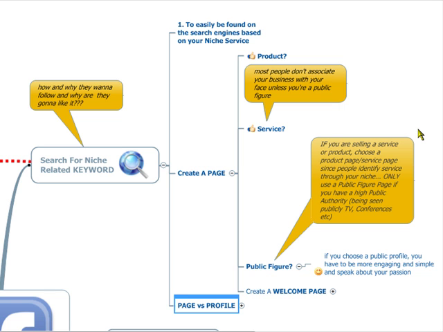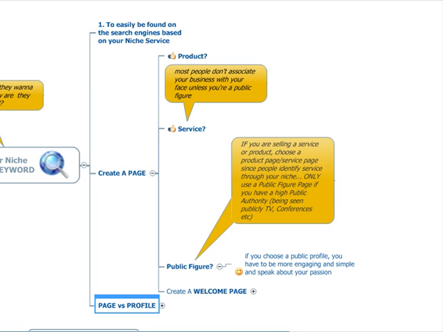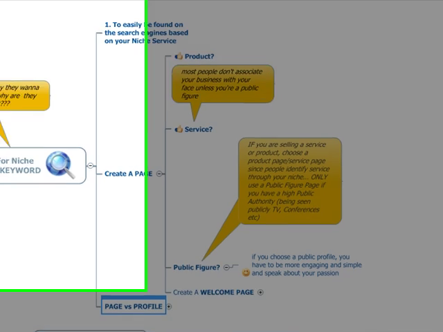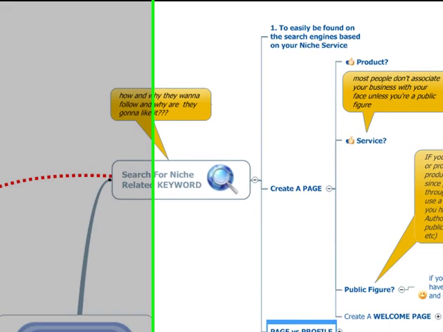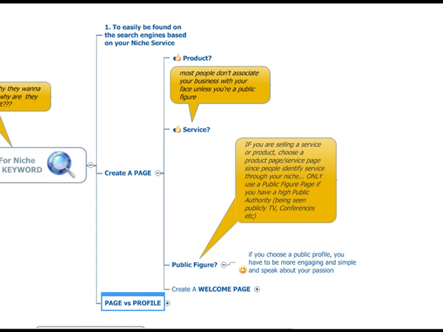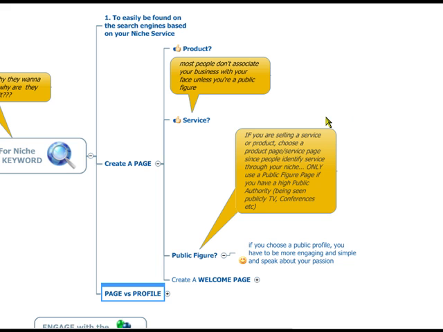And if you're selling a product, always choose a product page or a service page, depending on your niche, of course. And never use a public figure, not unless you really are one and people can recognize you, probably they hear you from television, see you on television shows, or hear you on the radio. It would be much easier for them to distinguish what your services really are, if it's a product or a service, or you being a public figure, a coach, or whatever.